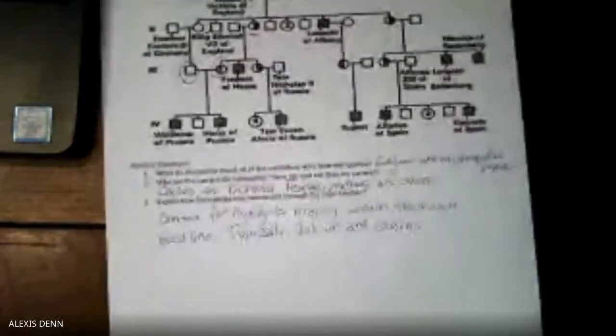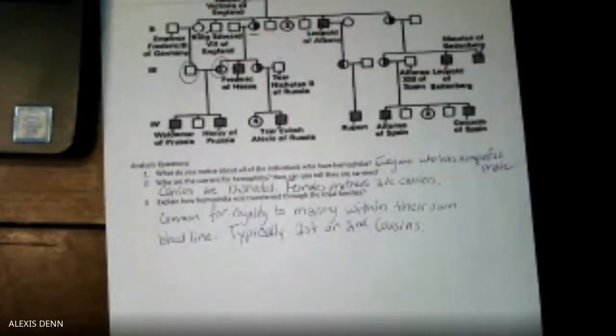So these people are cousins, first cousins. That's a little bit uncomfortable. And then over here, Tsar Nicholas is actually the second cousin of Alexandra, his wife. And this isn't the only time that we see this happening. It happens really frequently within the royal family. So that's one thing. It was common for royalty to marry within their own bloodline, typically their first or second cousins. This means